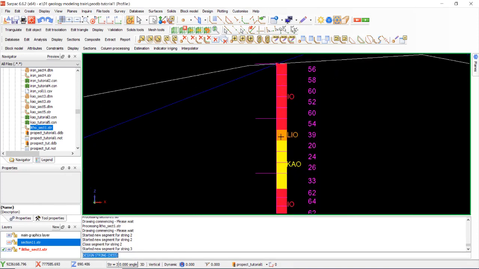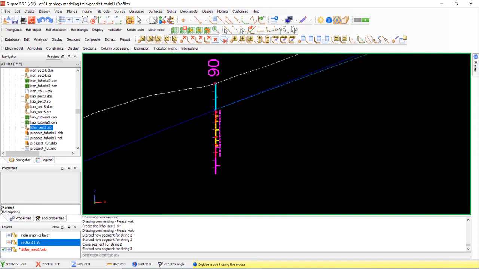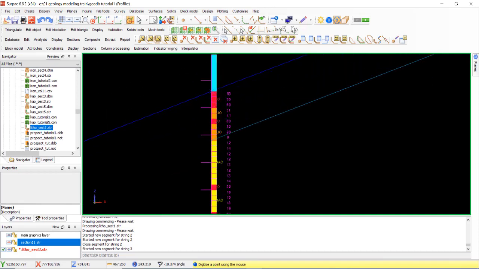Start from iron ore, laterite iron ore in the same layer, in the same sequence, and correlate to iron ore here. Okay, IOL laterite. Okay, cross section. The slope is about minus 18.